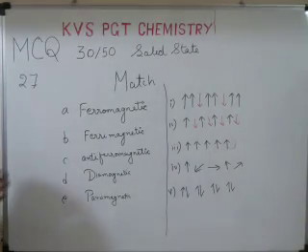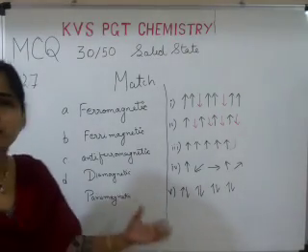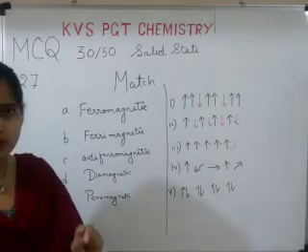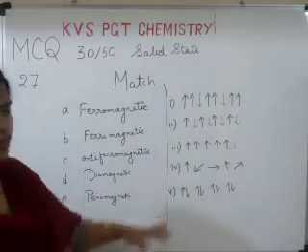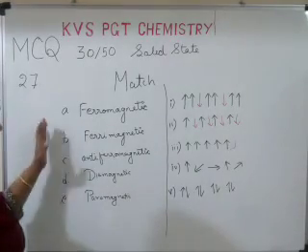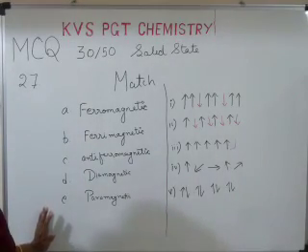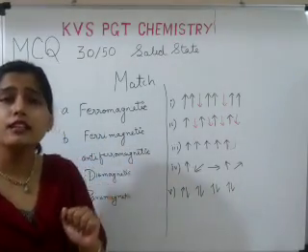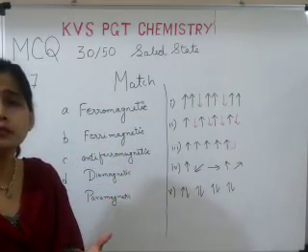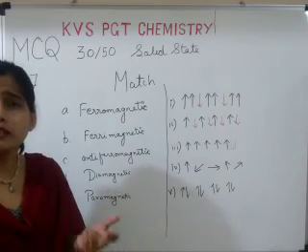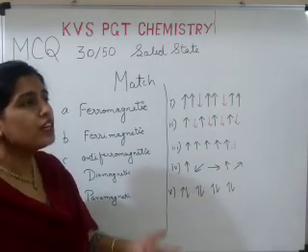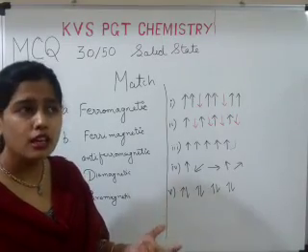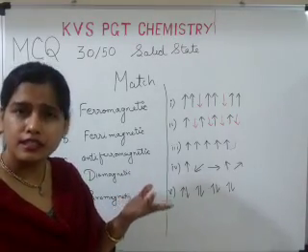So now children, here we have a very super hit question which develops the concept of magnetism. Here is also given the matching type of question. Here is the type of the magnetic substances. First one we have the ferromagnetic. A ferromagnetic substance क्या होते हैं? Right? Ferromagnetic substance are those substances which arrange their magnetic moment of the domain in the direction of the magnetic